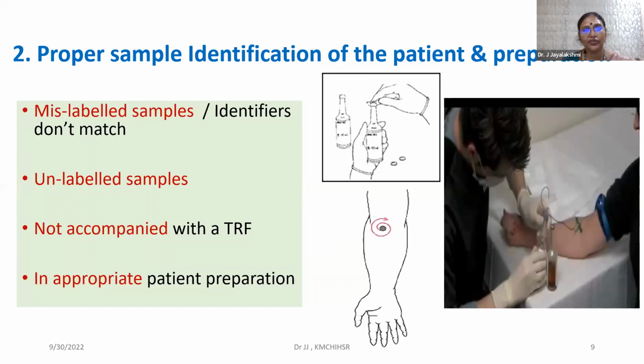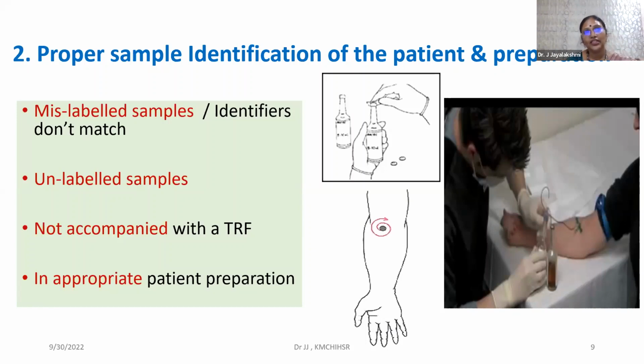Then he said, of course, there was another patient sample. Okay, so what has happened is they have exchanged, or they brought it at the same time, and the labels were exchanged. So the testing was done, and we'll never know. Okay, why can't a 14-year-old be positive for HIV, isn't it? So it is important that we double check when there is a query, but this is only when you have such a situation. But otherwise, always good to match at least what's with you, your test request form and your samples,